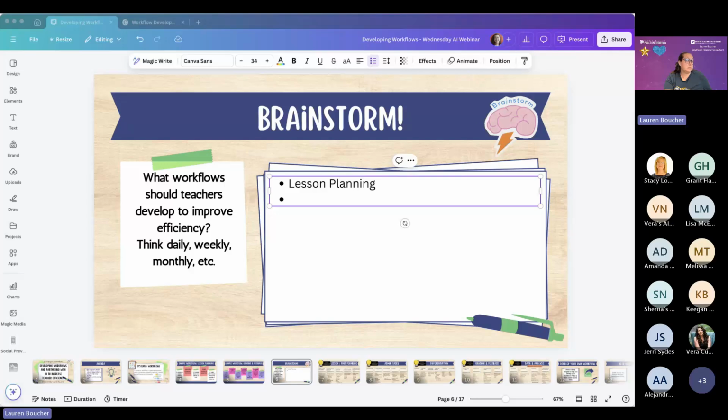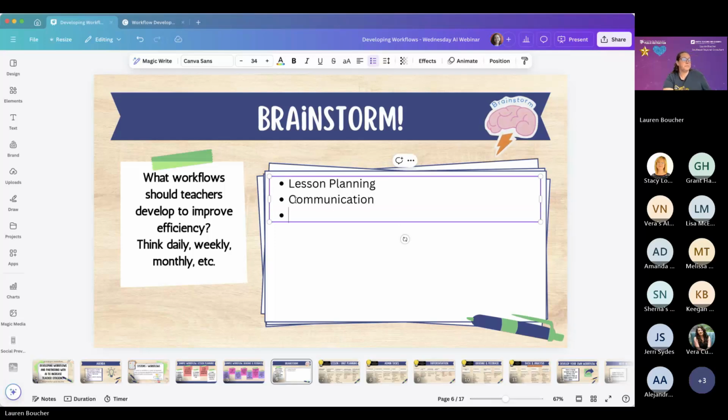I know some of the people in here are not shy. Communication. All right. Perfect. Anybody else got any other ideas? Do we know if people have the ability to chat? Oh, yes. Grant is brainstorming. Data analysis. Thank you, Jerry. How do you spell that word?